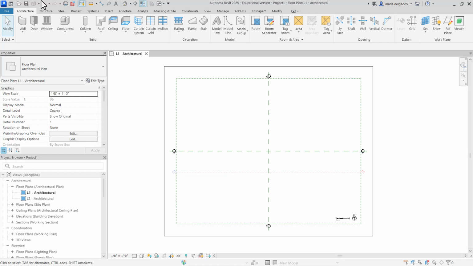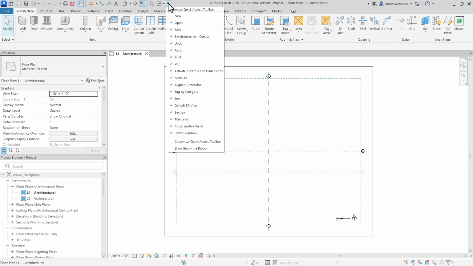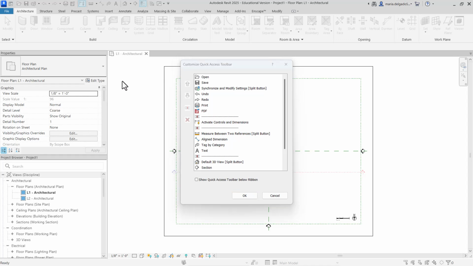The Quick Access Toolbar is customizable and allows you to pin different specific tools that you most regularly use. And here are the preset tools. If you would like to at any point customize your Quick Access Toolbar, you can toggle specific elements off and on, as well as continue to customize it here. When you select the Customize Quick Access Toolbar, you're able to either add or remove certain elements.